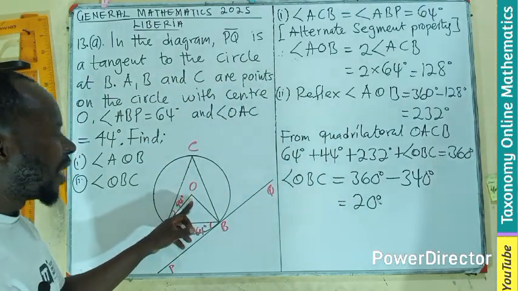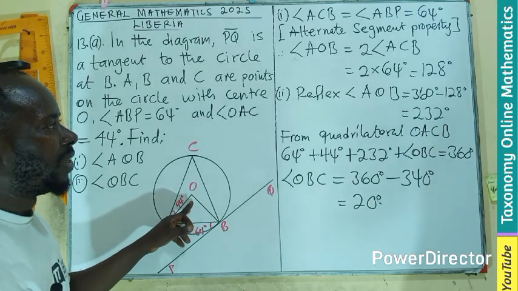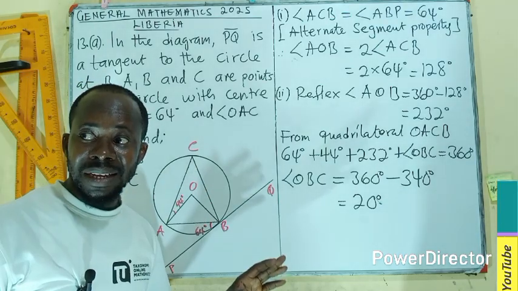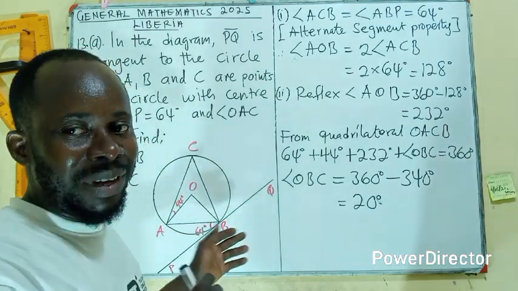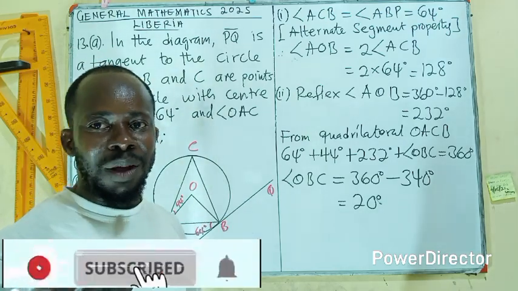The angle we are asked to find here will be 128. I guess that is clear? There are other ways we can get the answer, but this is the route I want to pass. You can pass the other one,